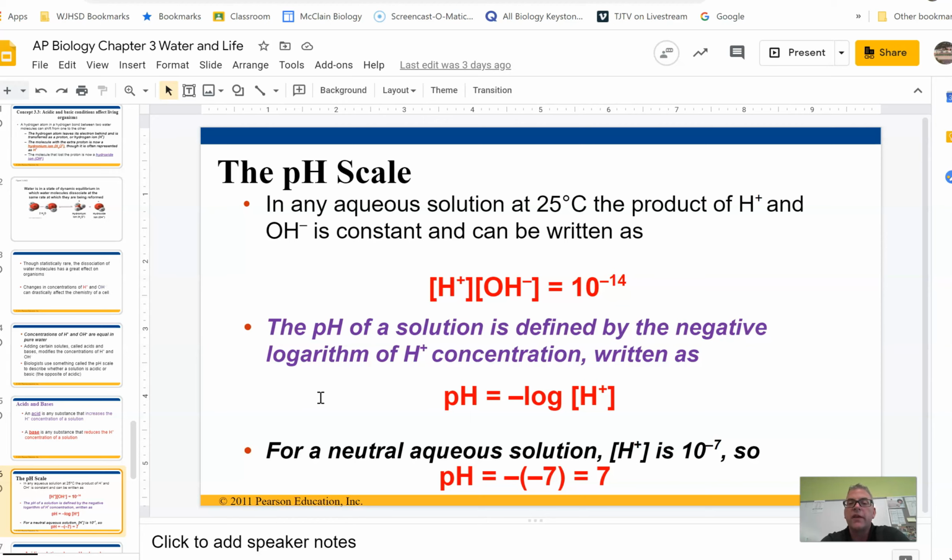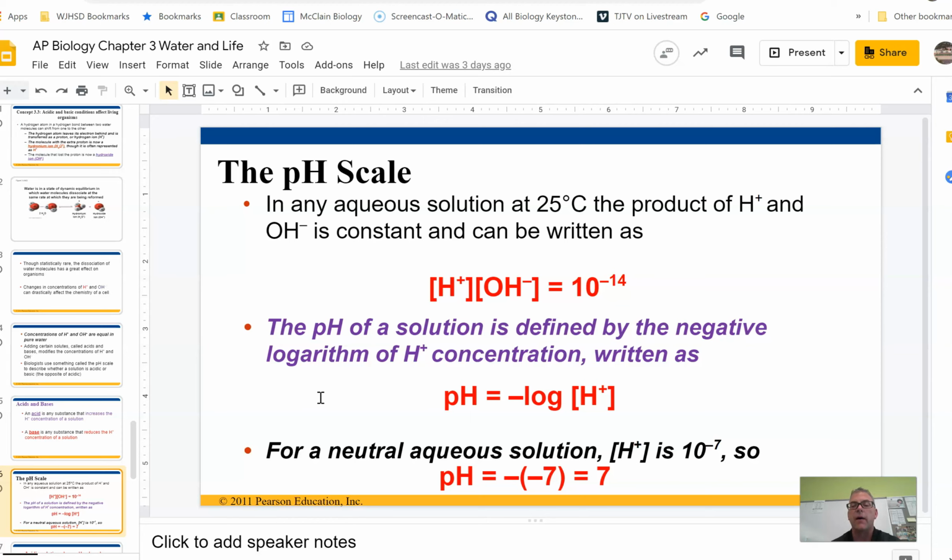The scale to represent our concentrations of these different ions is called the pH scale. It says in an aqueous solution at 25 degrees Celsius, the product of the hydrogen and the hydroxide is constant, and it can be written as the product of hydrogen and hydroxide is equal to 10 to the negative 14th. So the pH of a solution is what we refer to as the negative log of the hydrogen ion